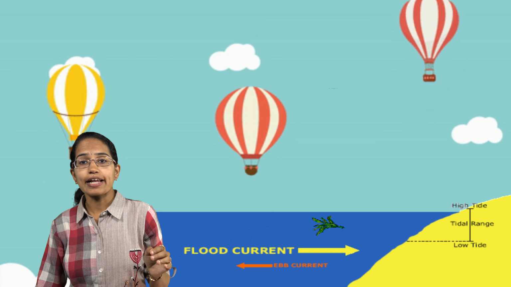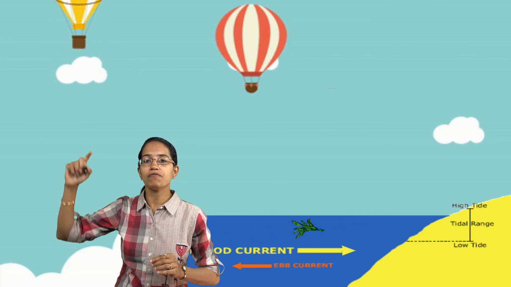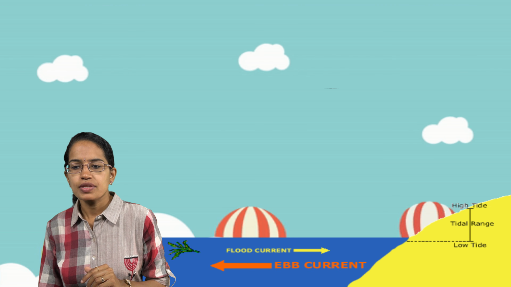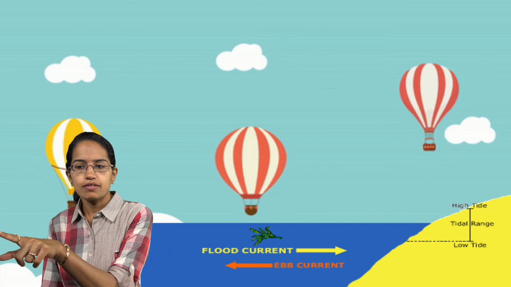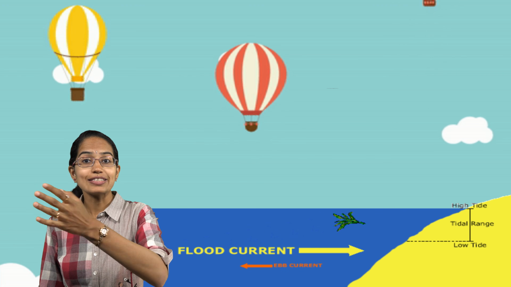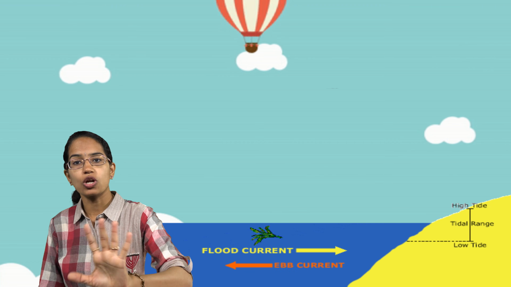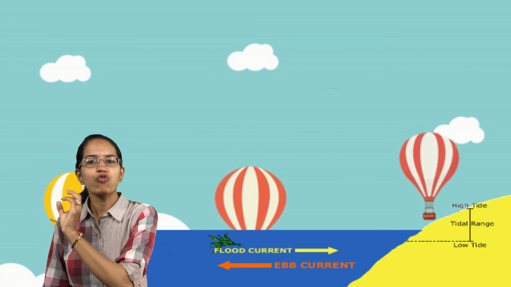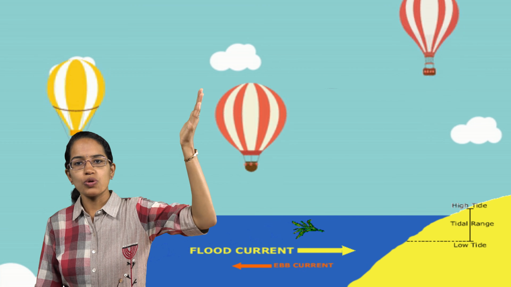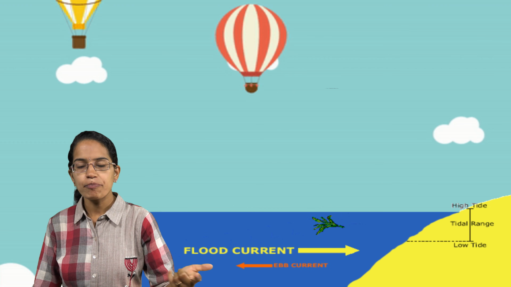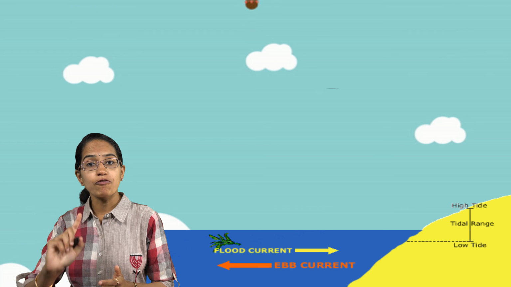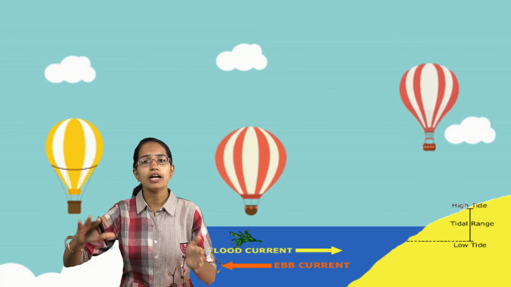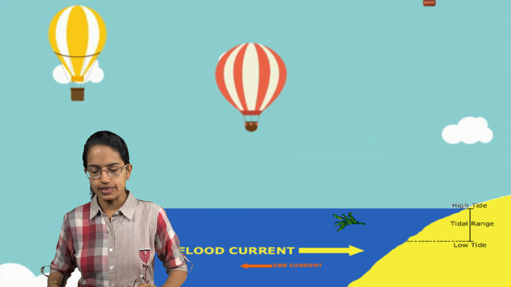Between low tide to high tide, when the water level keeps on rising, we call it a flood or a flow. So rise, now fall comes here, but FL, flood goes there. So that's how you have to remember. It's a kind of crisscross version. So falling is not related to flood or flow, it's related to ebb. So you have the falling pattern seen in ebb and the rising pattern seen in a flood, or another way you can remember, flood is the rising water. So flood or flow is the rising levels.